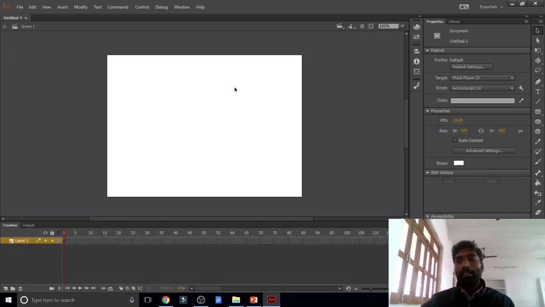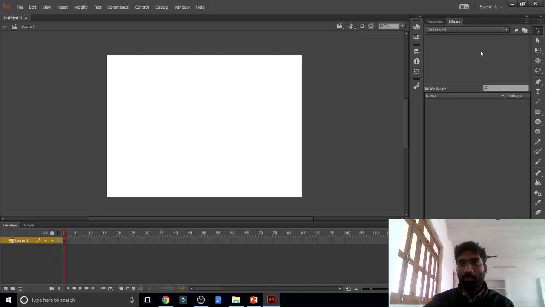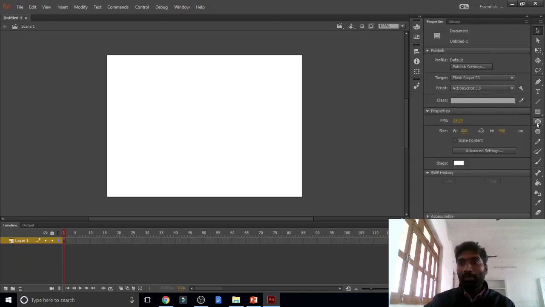In your book they have given drawing an object here. The timeline denotes the timing of your animation. In this place you may create a new layer and so on. Again I am saying, this is the menu bar, toolbox, properties, library, stage. And whatever option we select, we will get its options here. So these are the basic components of Animate CC.